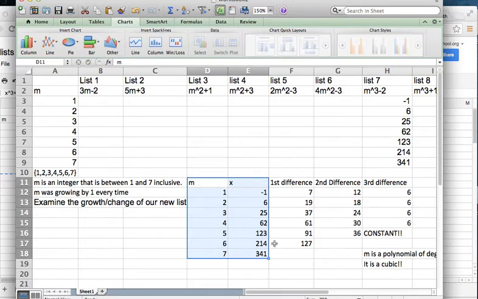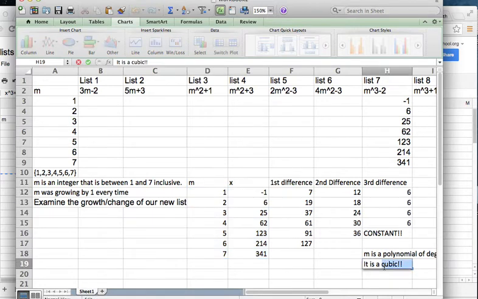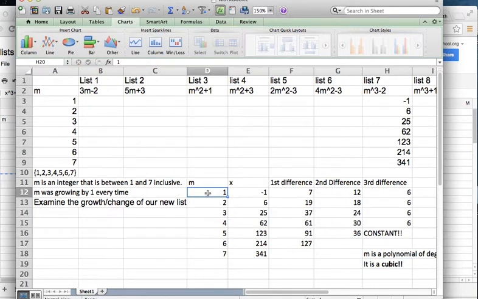What we can do by exploring the differences and figuring out when it becomes a constant is figure out what type of function it is. Now what we can do is a regression. So what does that mean? So if we click this data,